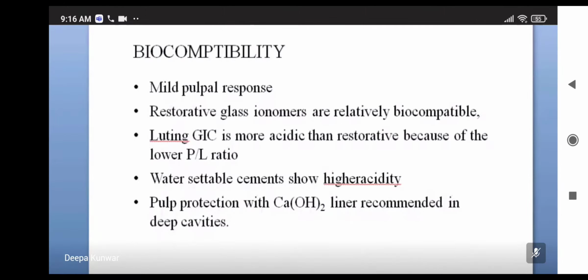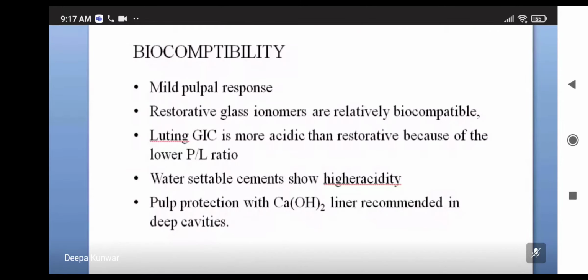When we remove the caries, sometimes we leave the hard part of the caries, like some of the demineralized portion of the teeth. And when we apply the GIC in such a condition, GIC is preferred. It releases fluoride and it helps to remineralize the tooth structure. Okay.